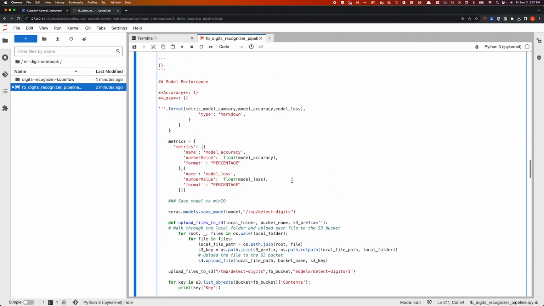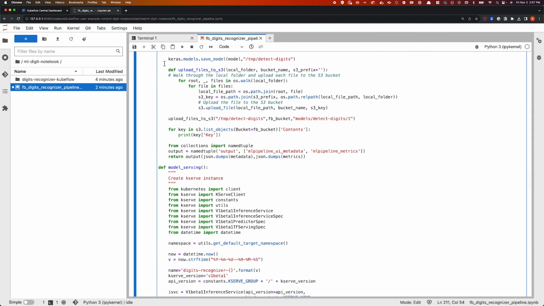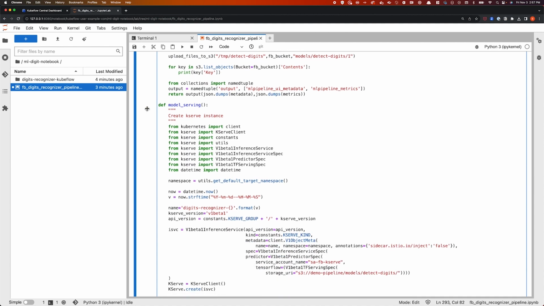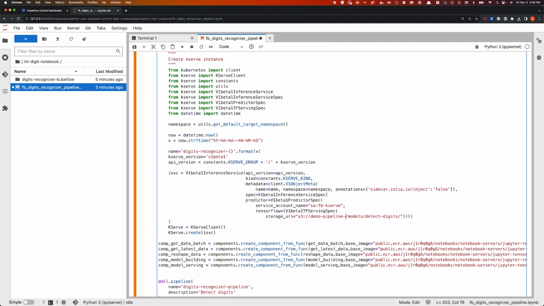Once our model training is done, the final phase is model serving. And for this, we'll again import a lot of Python modules and SDKs that are needed. And then Kubeflow gives me a couple of options, right? Since we gave this notebook access to Kubeflow pipelines, I can immediately instantiate a pipeline instance once I hit run